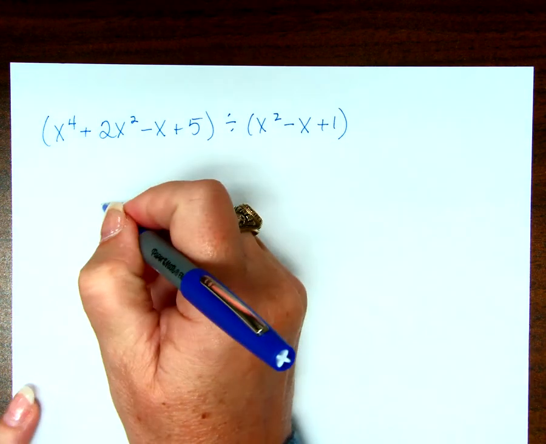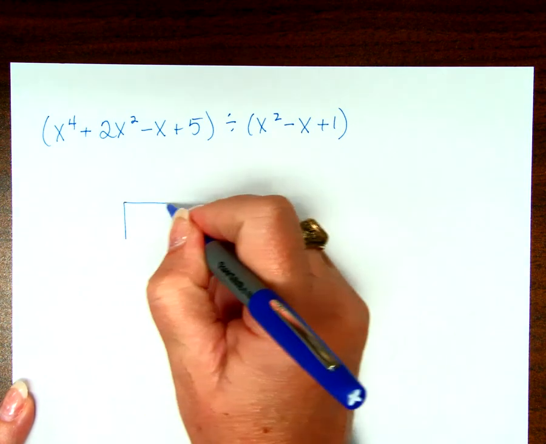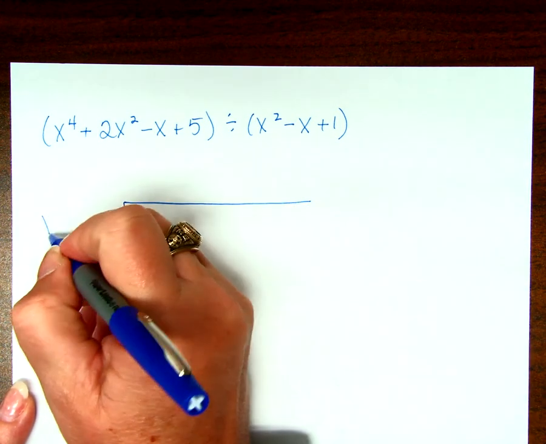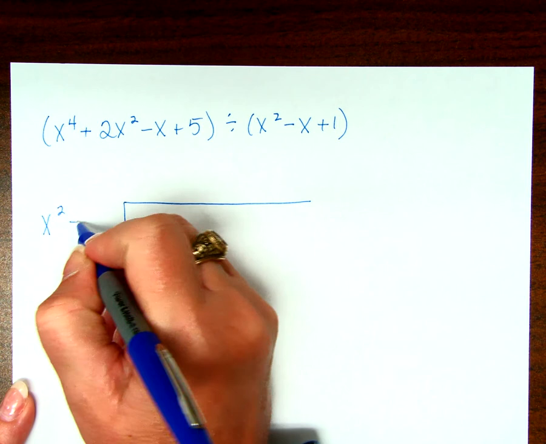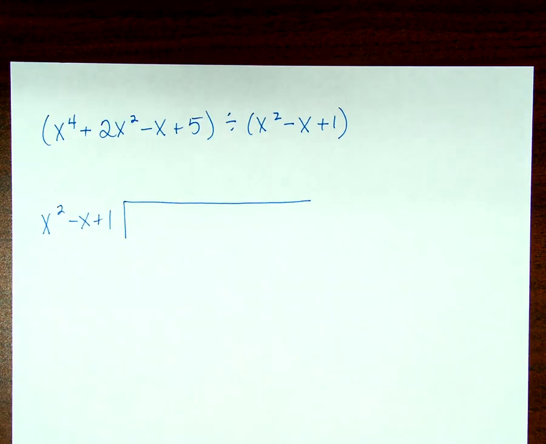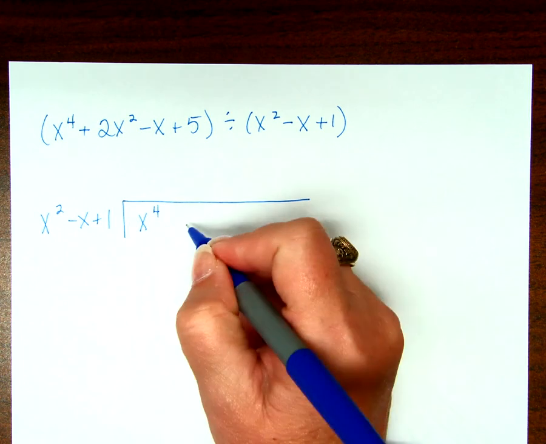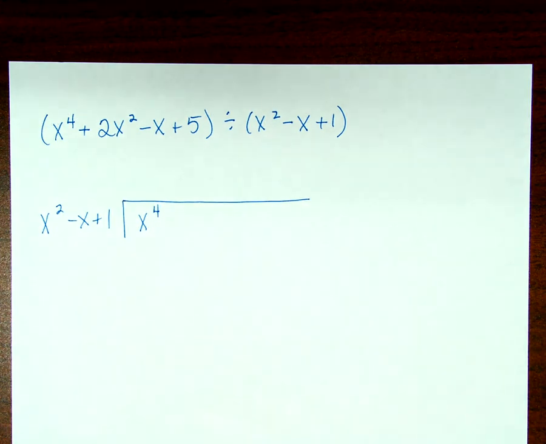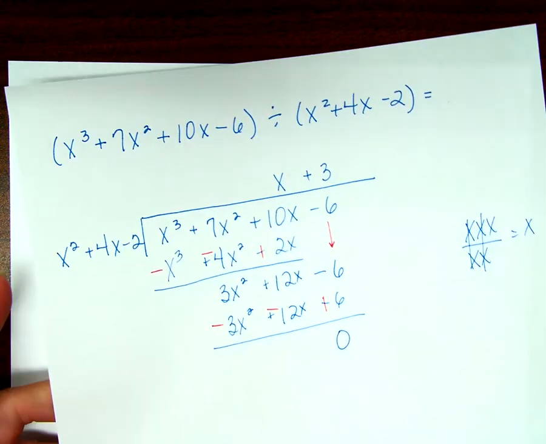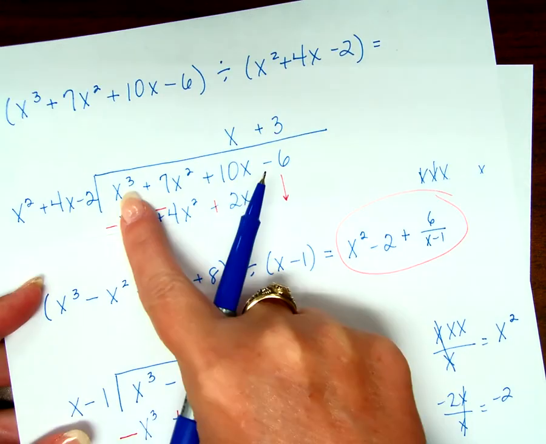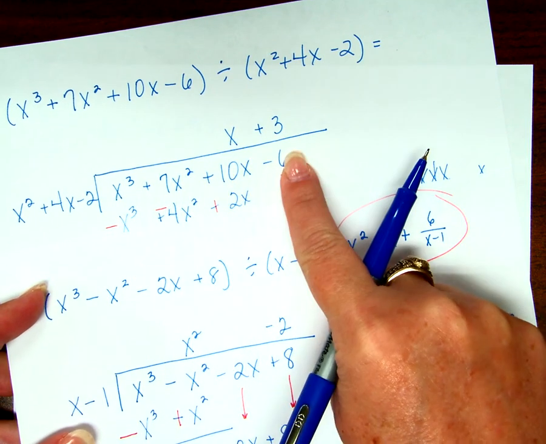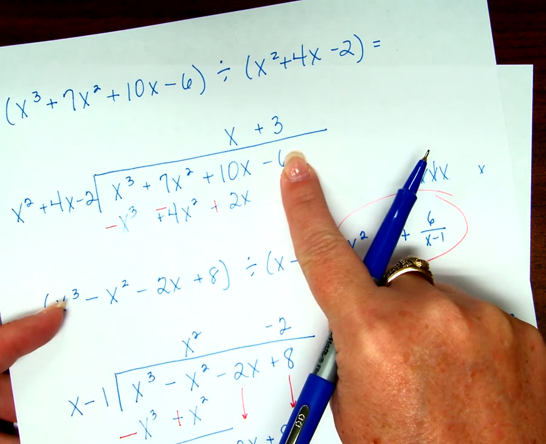Okay. So what goes where? So x squared minus x plus 1 goes on the outside. What goes on the inside? See, I tricked you. On all these, there's a decreasing exponent every time. Excuse me, not x value, but exponent, right? 4,